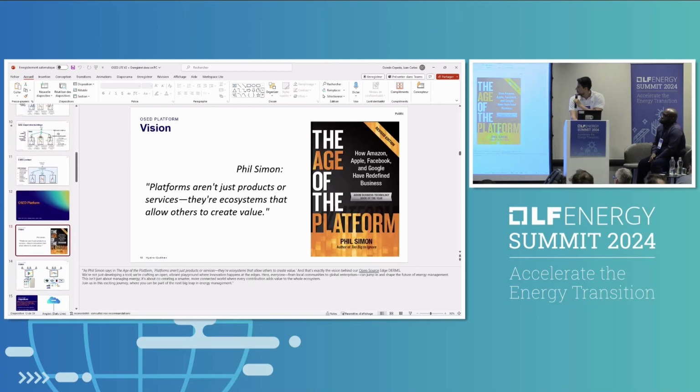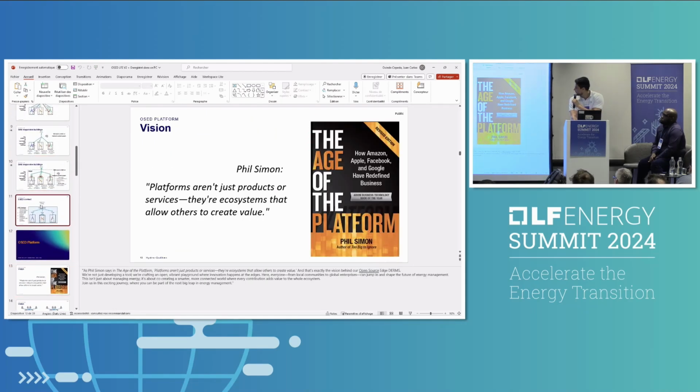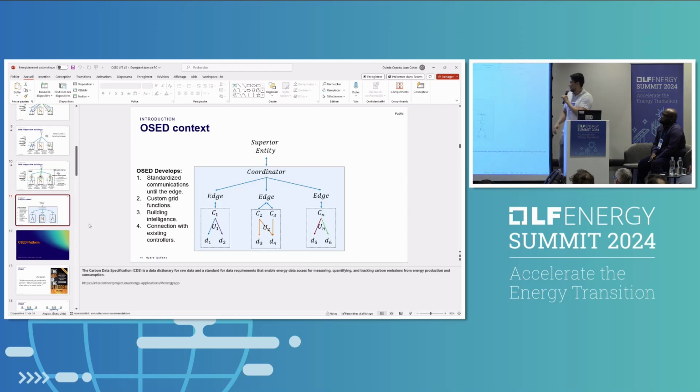I think this one summarizes everything. Deploy the edge devices, communicate with the existing controllers and make the control. And this coordinator, you can deploy it when you need it and where you need it, only to do the control actions that you need.